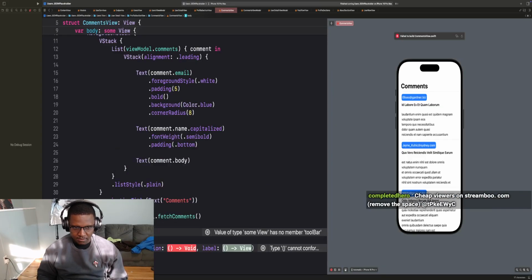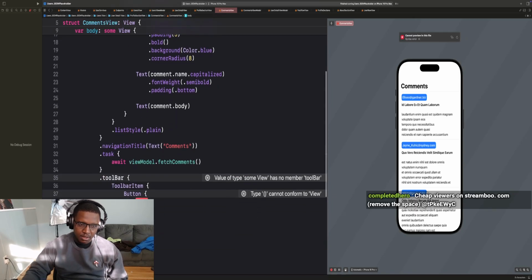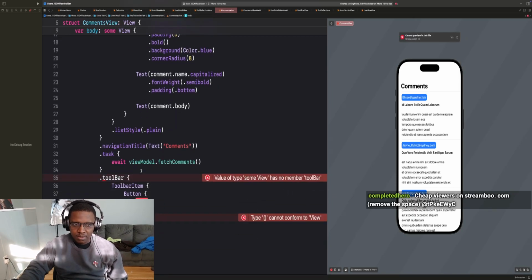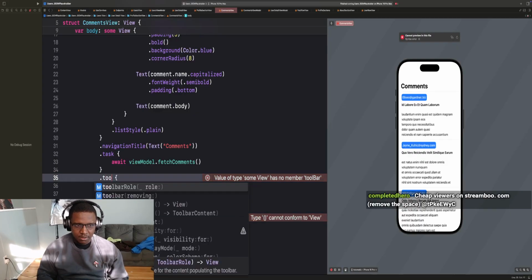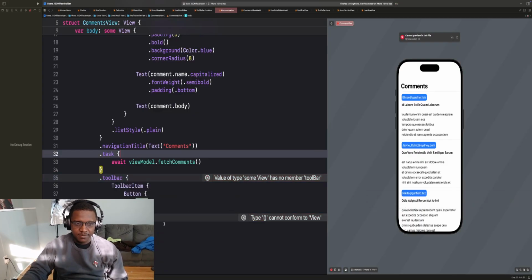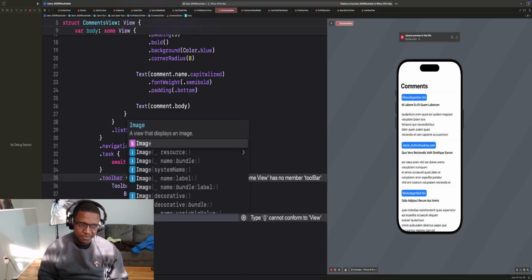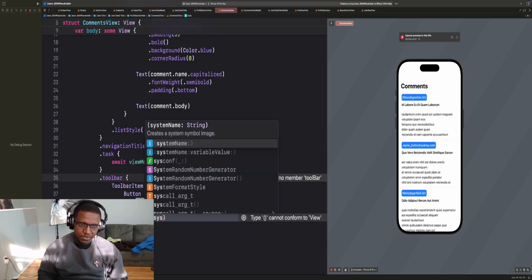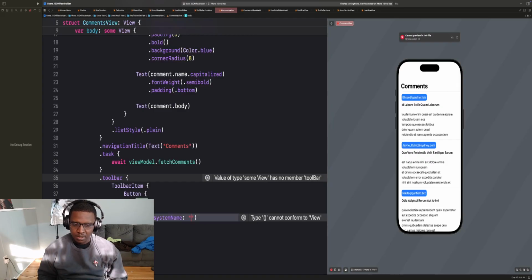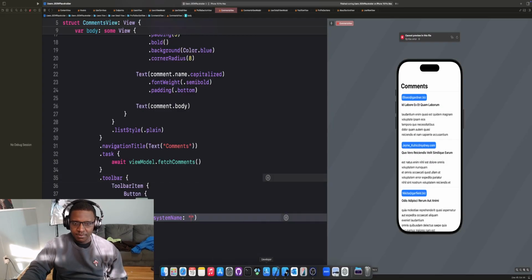The action, label. And the action, oh, it's a comma, lowercase. All right, so for the label, let's just do an image. We're going to use a system image. And for this, to find the right system image,